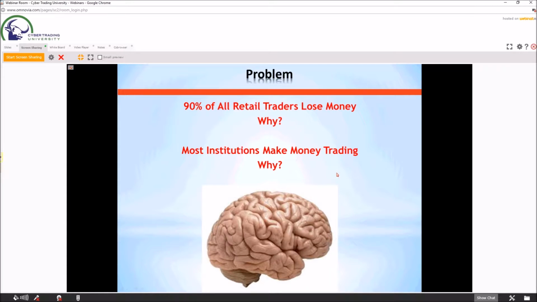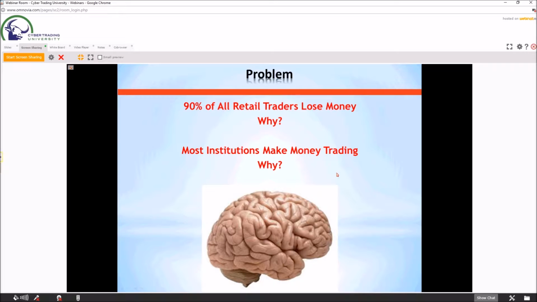So our trading plan is designed and meant to help retail traders get out of this 90% and trade more like institutional traders. It's a lot easier said than done. We're going to talk about some of the advantages that institutional traders have that make it very difficult for retail traders to compete